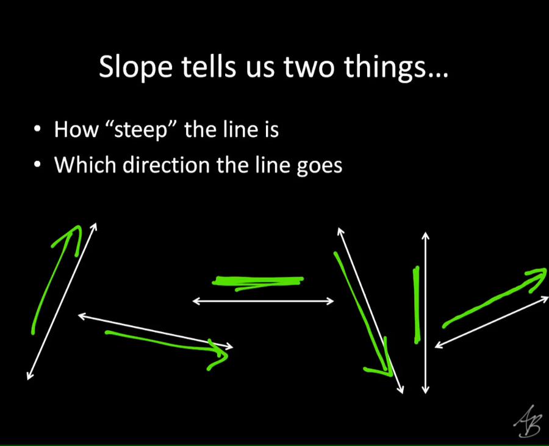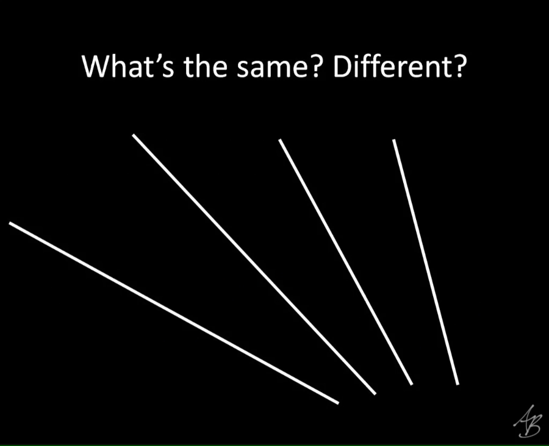I think it's obvious that they're not the same because this one is really, really steep, right? How many of you would want to go skiing on this slope? I don't think so, right? And then this one isn't steep at all. In fact, if we put a skier on this one and we let him go, what would happen? He wouldn't go anywhere, right? They call that cross-country skiing. It's a little bit harder.